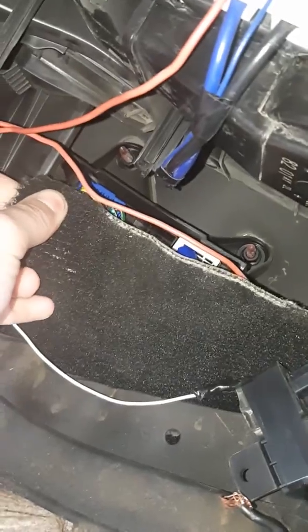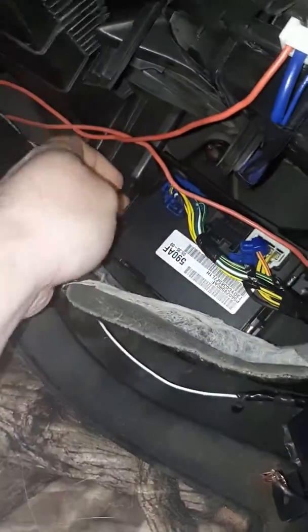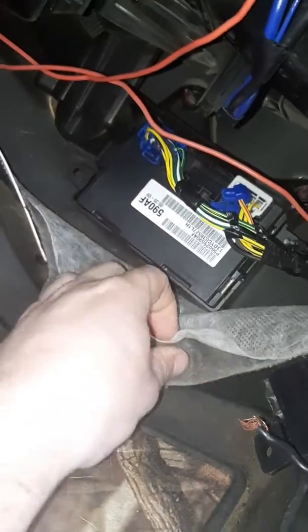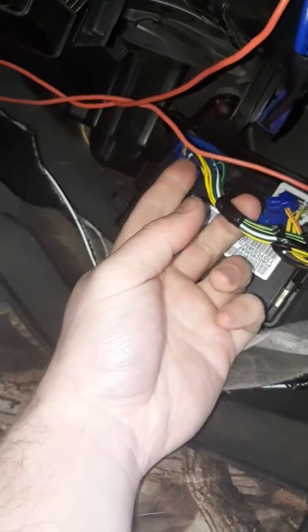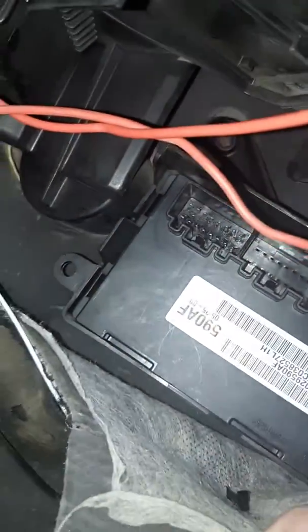The carpet usually goes up to about here. So you pull the carpet back, and then there's a little plastic cover here. So you can usually pop the plastic cover off. The tabs are built into it. Then you just simply push this piece down, slide the connector out,